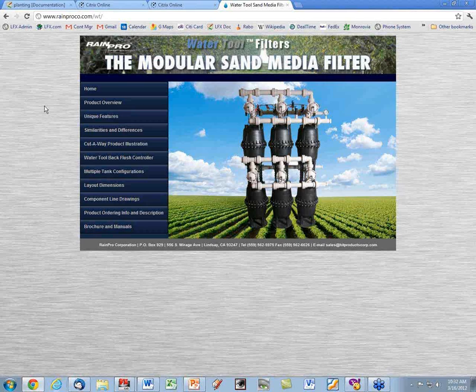And what is the cost per tank? The list prices, you start at 2 tanks. You need a 2 tank minimum so that you can flush the dirty water and debris out of the sand with the clean water from the other tank. So we sell them as a minimum of a 2 tank. And a 2 tank system has a list price. Again, we're back to the list prices. Totally automated and everything is about